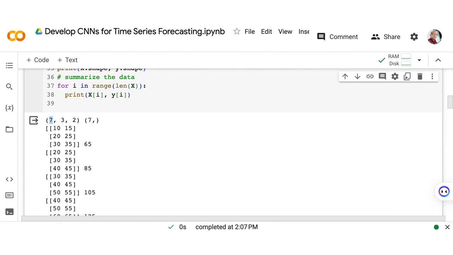Okay, so meaning this is just the example that we have here. We have 7 samples. Each sample has 3 time steps, and each step has 2 values for each of the 3 time steps.